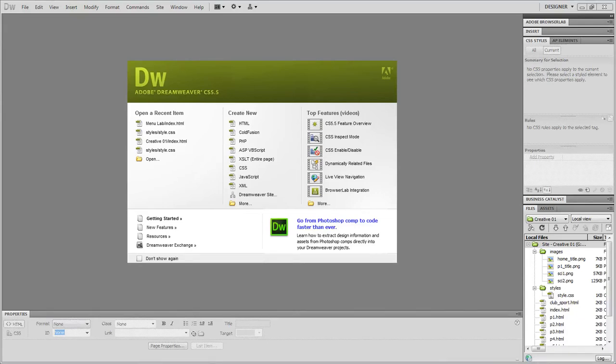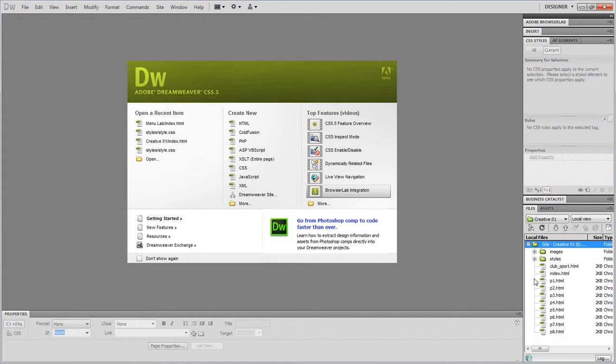Okay, welcome everyone. What this tutorial is going to lead us into is creating a template for a website using CSS purely, focusing on the float property as it relates to divisions within our website. So the first thing we're going to do, using Dreamweaver that we introduced yesterday, is